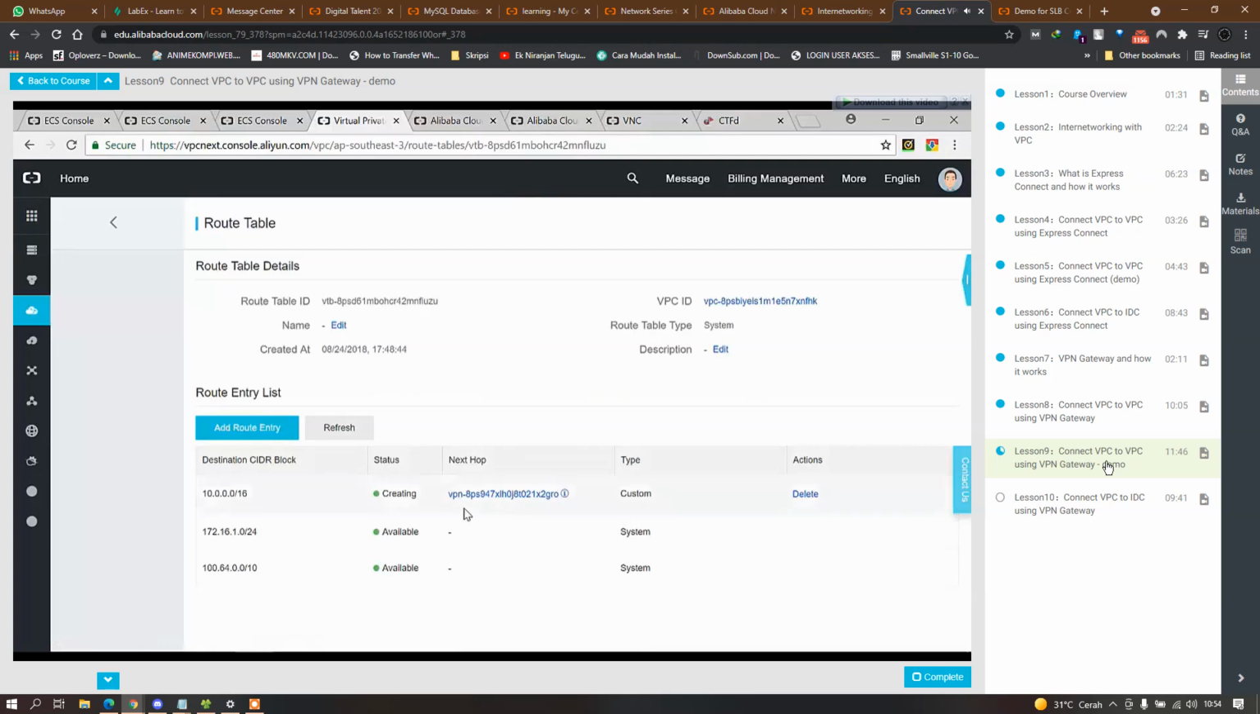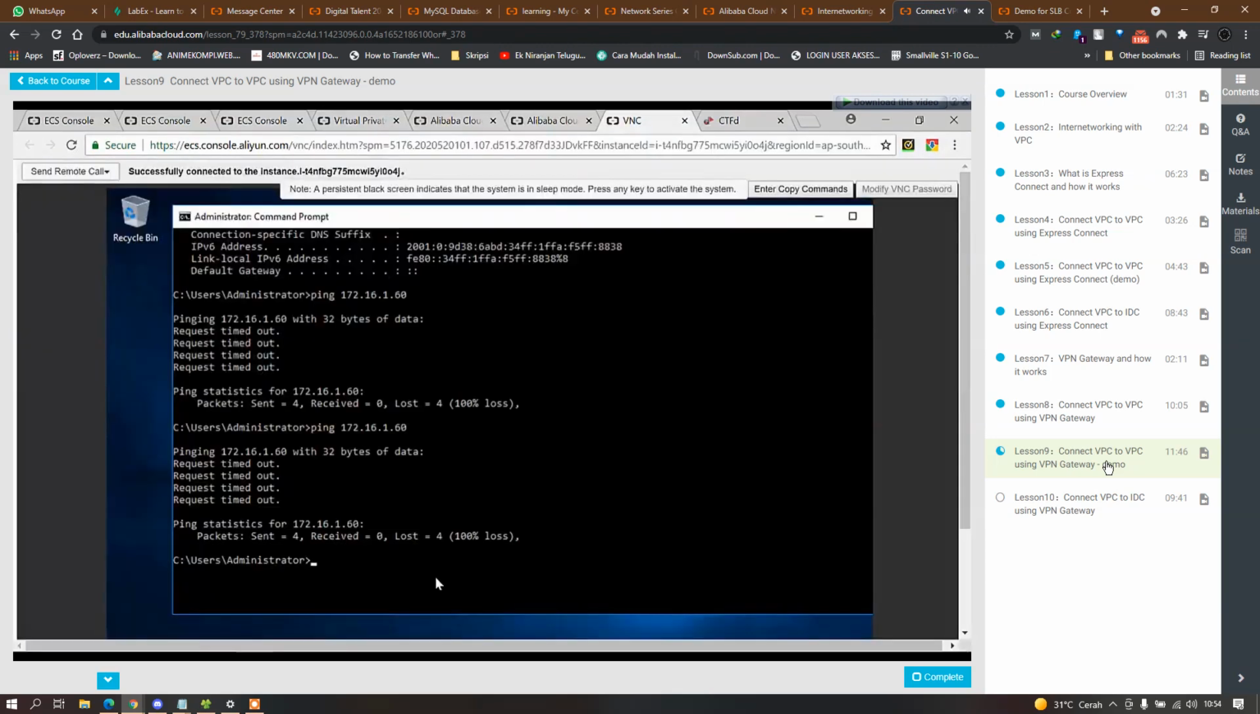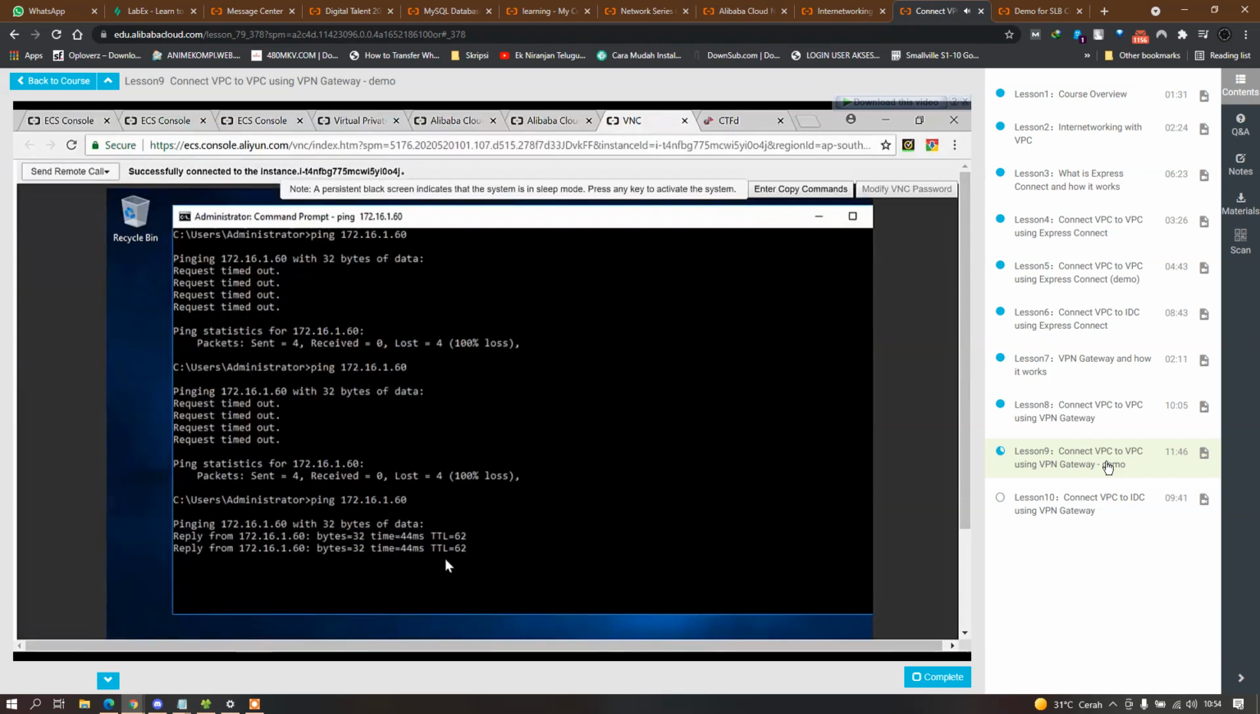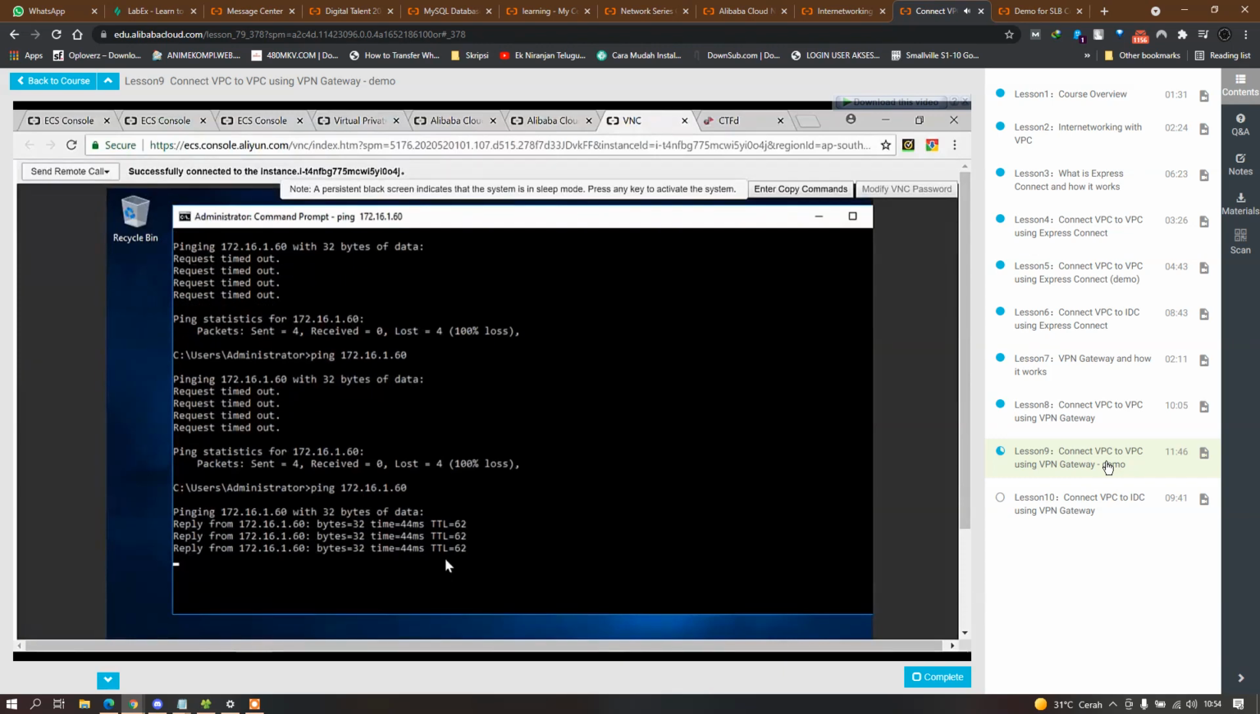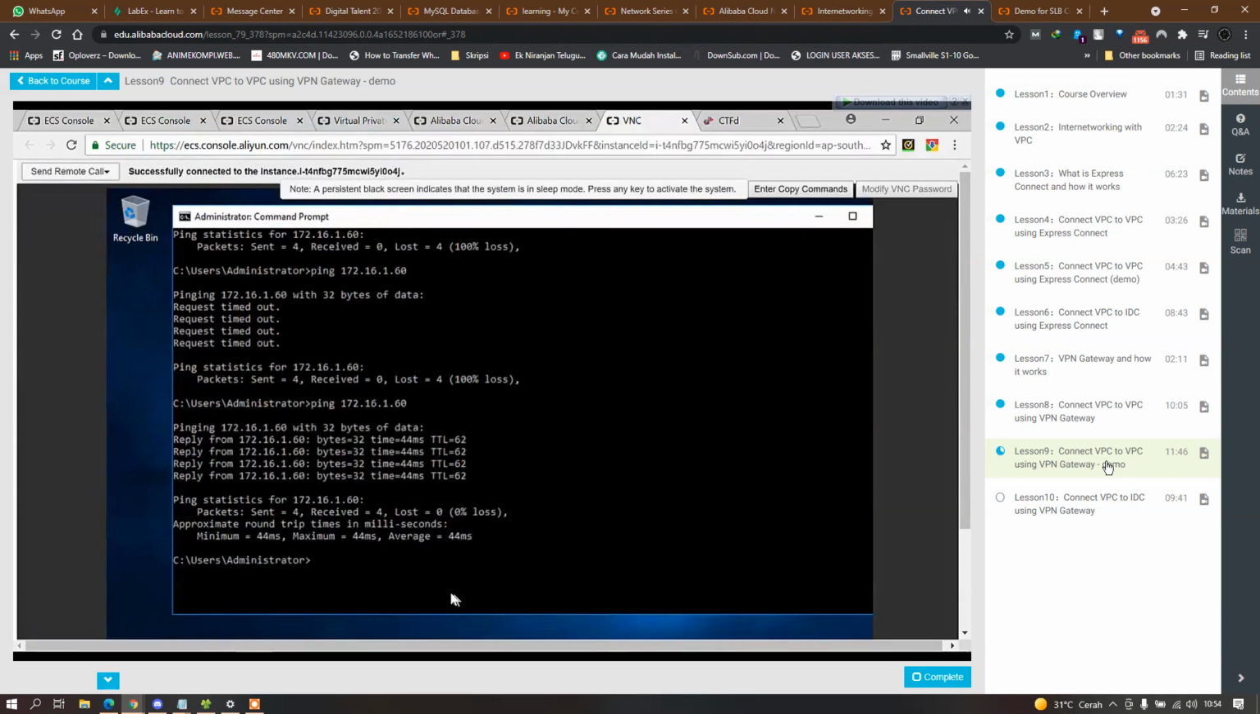Okay, so once the routing has been created, you can test the connectivity. So let's go back to test the connectivity, and now it should work. Bingo. So let's conclude the demo for